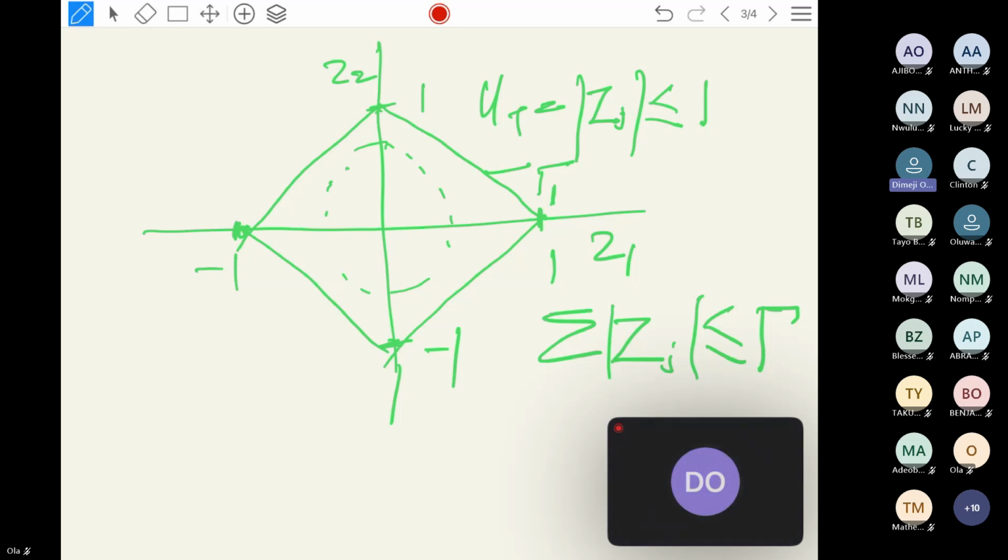If you have a boundary like this, let me remove this. Let me put 2 there. Then this becomes 2. If you have something like this,